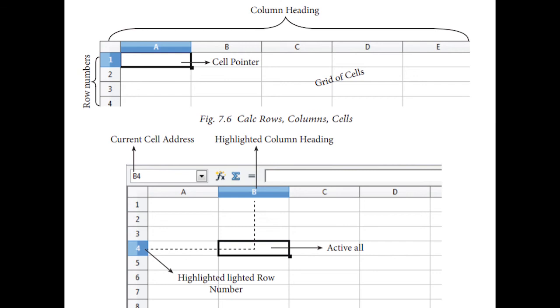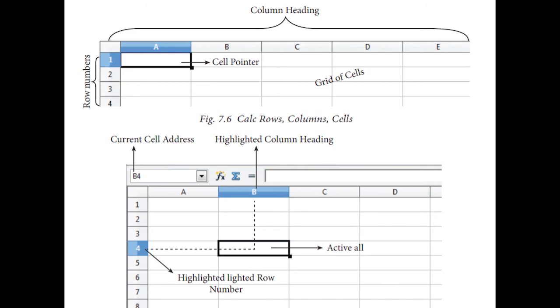The address of the active cell is displayed in the name box or the address box, right? We can say it is the name box or address box. The active cell's column name and row number will be highlighted, right? Using this visual clue, one can easily identify which cell is active.